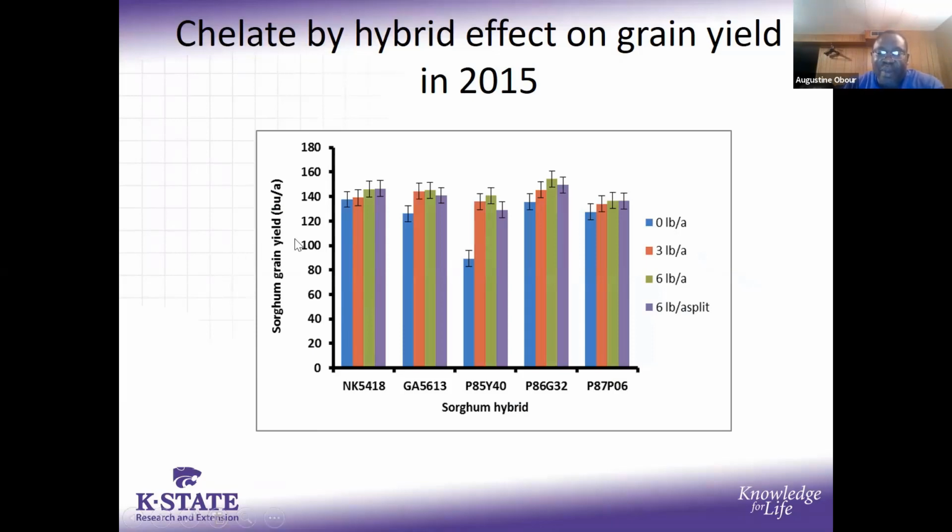And then the purple bar is the 6 pounds that was split applied. As you can see, for this first hybrid, NK5418, we did not see any difference between where we applied the chelate and the control. However, if you look at Pioneer 85Y40, there's significant improvement with iron chelate application